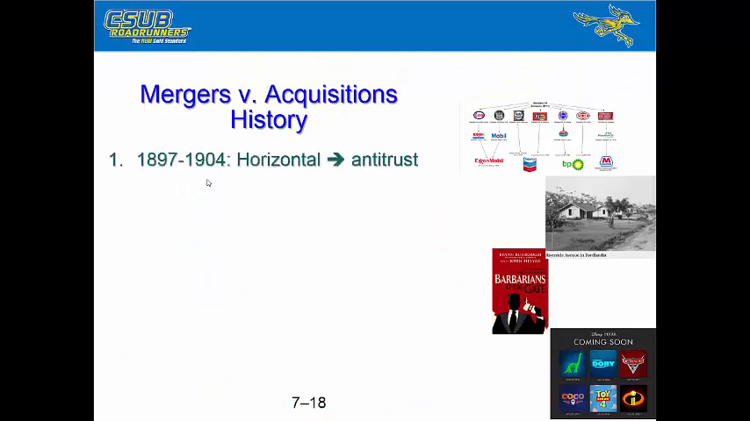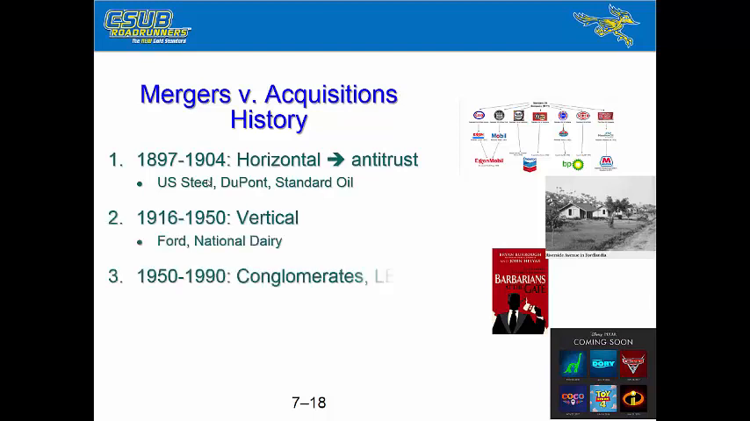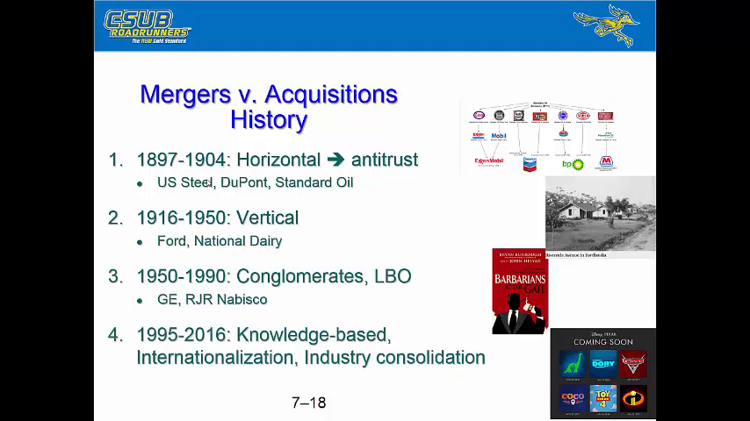I've got a slide here on the brief history of mergers and acquisitions. From the tail end of the 19th century to the beginning of the 20th century, there were a lot of horizontal integrations that took place in the marketplace. U.S. Steel, DuPont, Standard Oil are some examples of these, and that tended to raise antitrust concerns on the part of the government. That then led to an era which started in the beginning of the 20th century and went to about the middle of the 20th century of vertical integration,